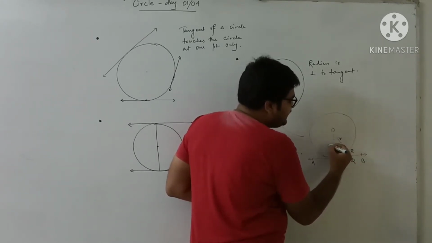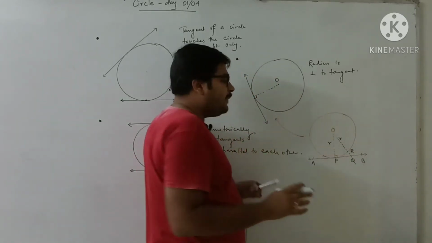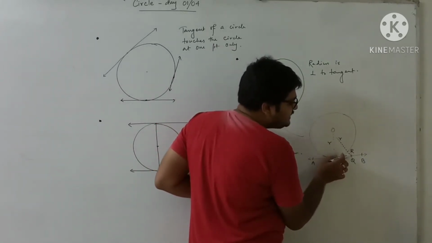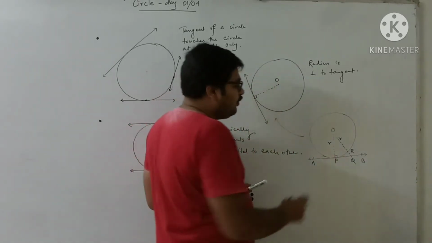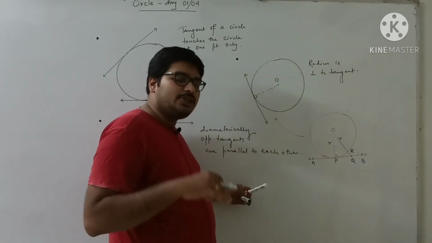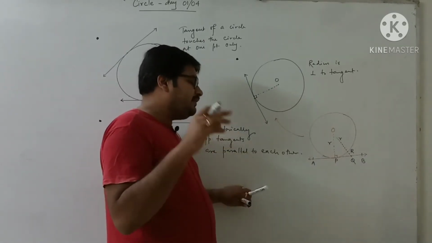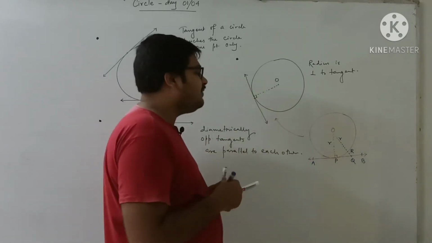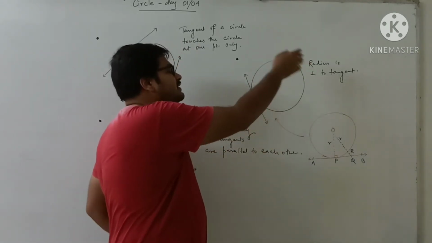OR is also the radius, so there is no problem. OP and OR are equal, I can say. But if I compare OP and OQ, OQ means this radius plus RQ. This means it is quite a bit bigger than OP. So OQ is bigger than OP, and OP is the shortest. And the shortest distance that we draw from a particular point to any line is the perpendicular one. So here we can say OP is the shortest, and for that only I can say that the radius is perpendicular to the tangent.